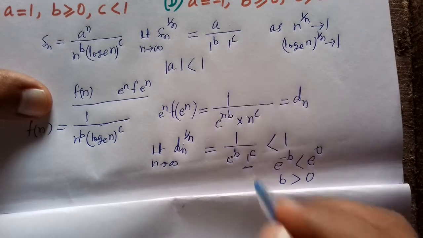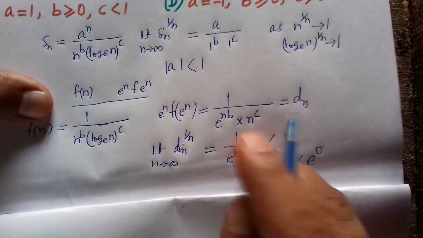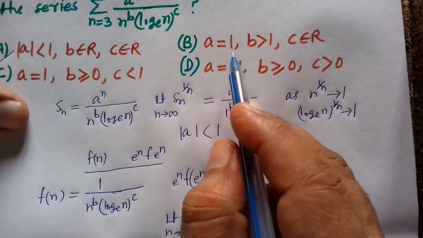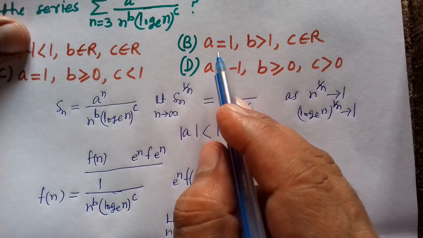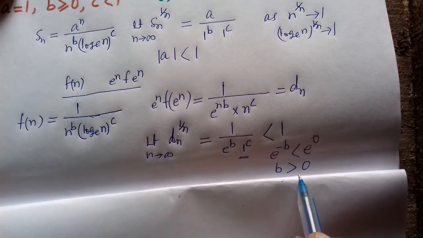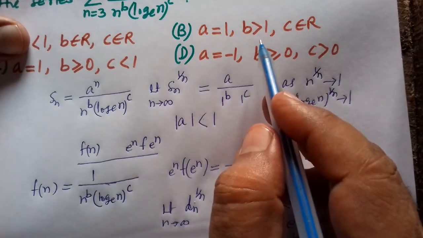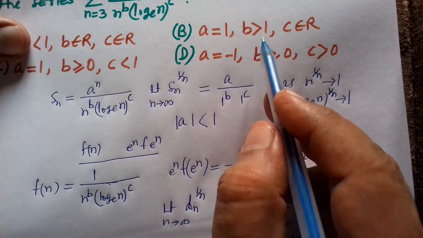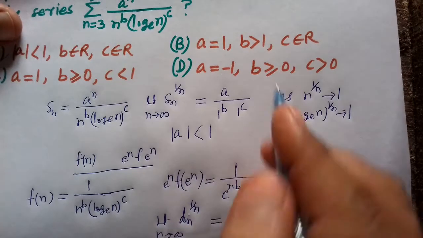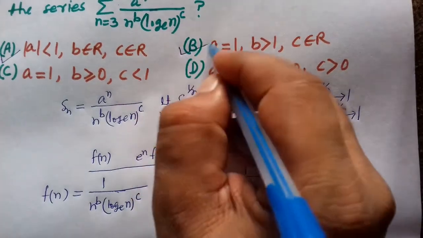And here you see 1 to the power c. So c can take any value. So here this option is correct, because we have taken in this a equals to 1. Here you see b must be greater than 0. This interval and this interval, b is greater than 1 is a subset of this interval. So this comes under this condition. And c, whatever be the value of c, 1 to the power c, so b is correct.